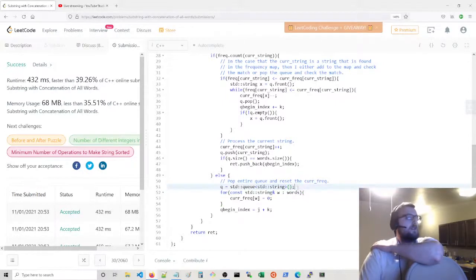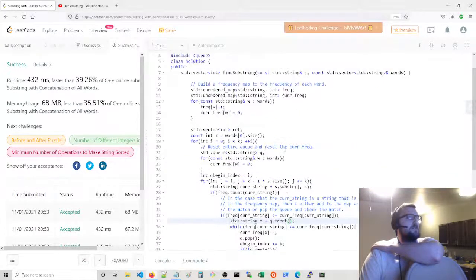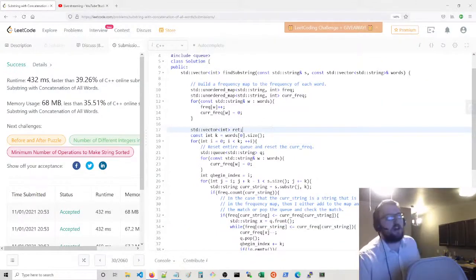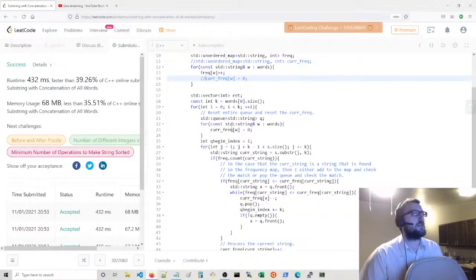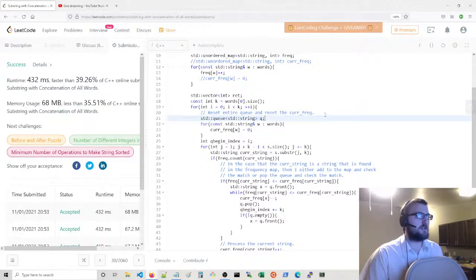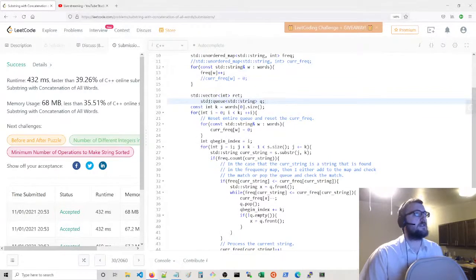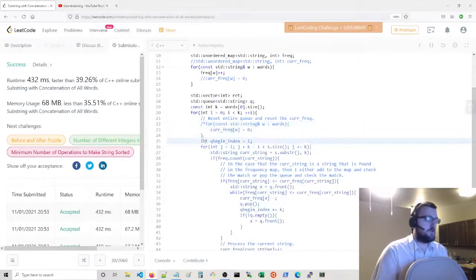And yeah, then you wouldn't be recreating these queues each time, and you also wouldn't be performing this every time. You'd just be looping through the queue each time. I think that's a better, more efficient way to do it, actually. So if we made that optimization, while we're here, might as well do it, right? Let's just see what that would look like. So let's get rid of the current frequency. And we're gonna say q. We actually could set this all the way from the beginning. And we could say, instead of current frequency, we're going to take